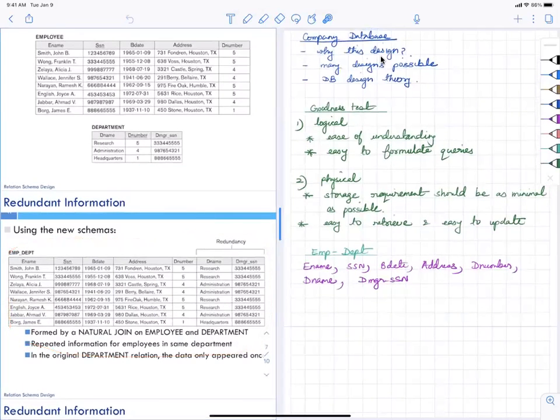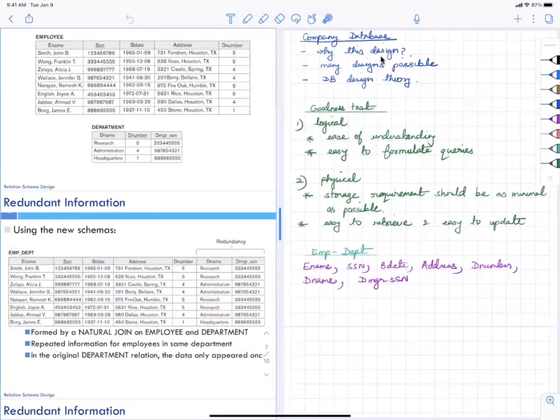So this table has more redundancy than your previous table. For example, each time you're writing department number 5, you have to write the department name and the department manager's social security number. So right there, there's a lot of redundancy. If your original design had been like this, then just by looking at the table, even without having a logical understanding,